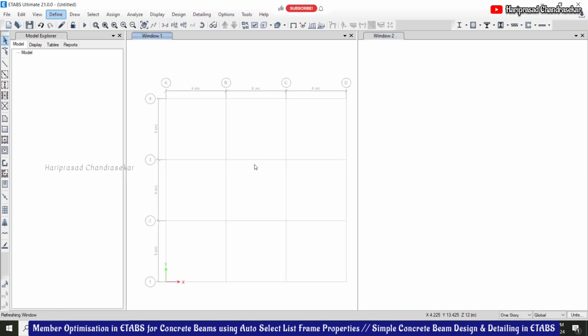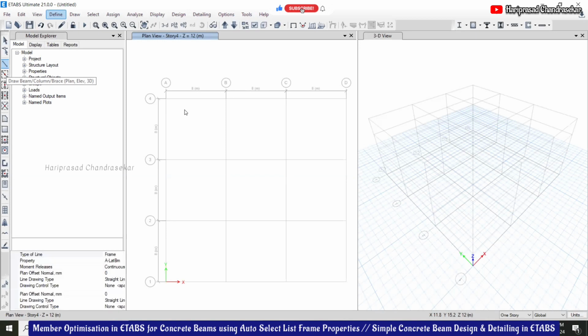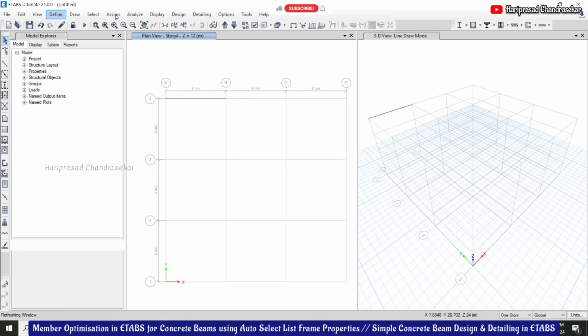Okay, sir. So what I'm going to consider is only one beam, and then I'm going to assign a restraint.